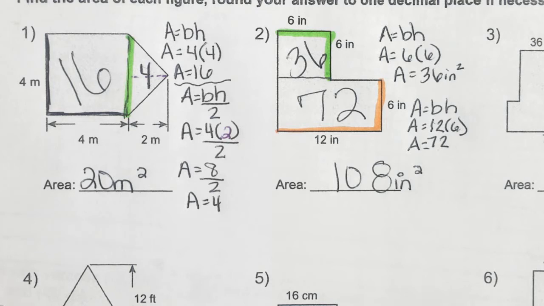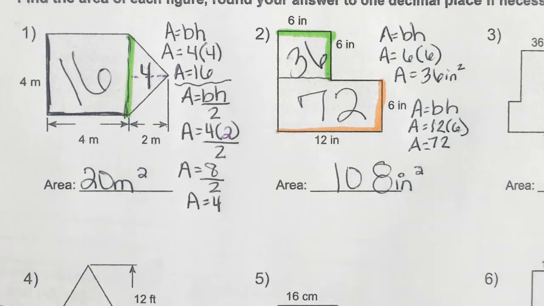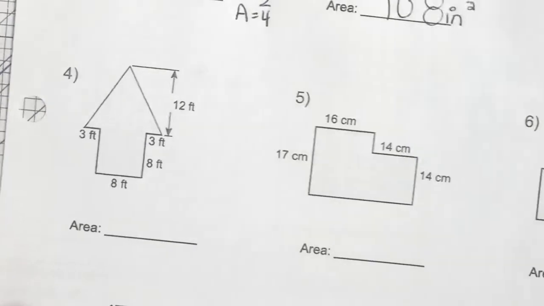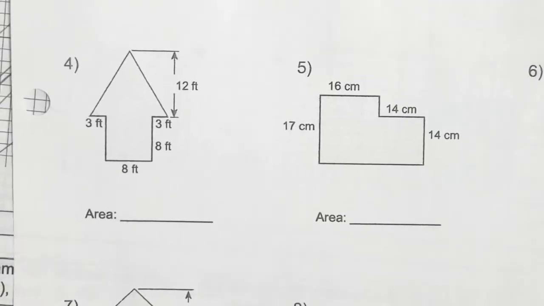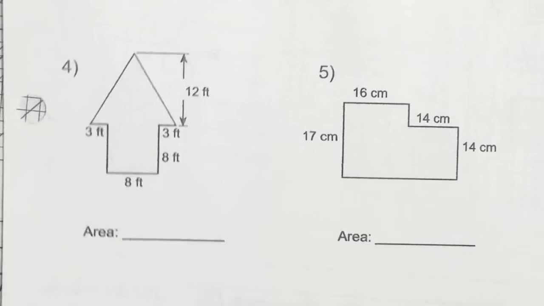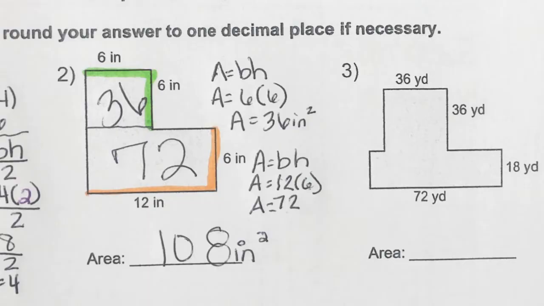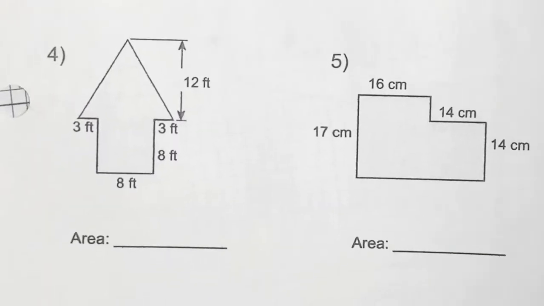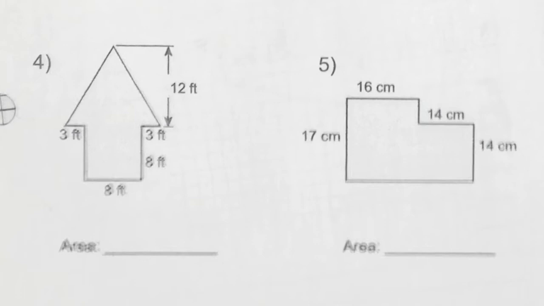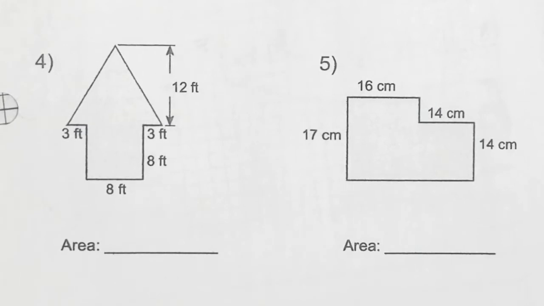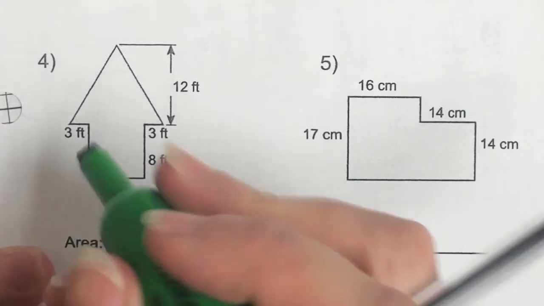Now, I'm going to go to number 4 because this is one where the walls have got to be slid around, or whatever the word is. I really need you to look at number 4. Quit trying to do 3. Okay, so listen. I do still do the easy shape first. Out of both of these shapes, which one's the most obvious? Do you know for sure? The square. So, I'm going to start with this little square on the bottom,